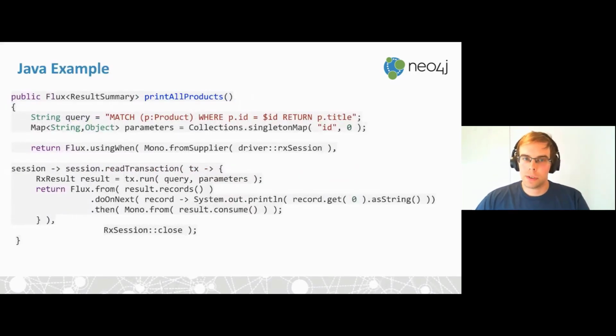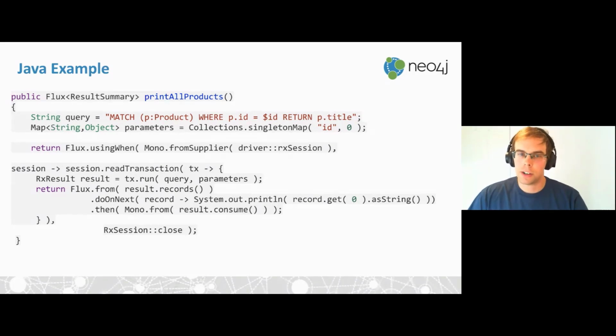In this case we've got another method. This time we're returning a Flux, and a Flux is the Reactor Core implementation of the Reactive Streams API. This gets a bit complicated, but it's a publisher. So you can essentially replace the word Flux with Publisher, and again we're doing pretty much the same stuff as before. We're running the query, and then in the Reactor Core